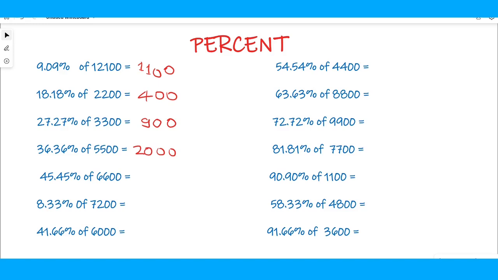45.45% of 6,600. 45.45% is 5 upon 11. And on dividing 6,600 by 11, we get 600. And 600 when multiplied by 5 gives us 3000. Thus we get 45.45% of 6600 is 3000. Now we go to the question on the other side, that is